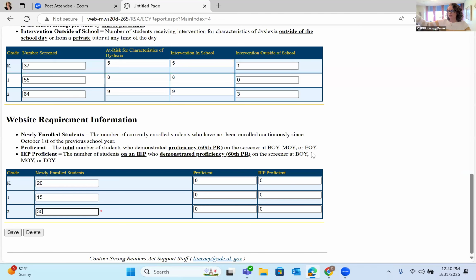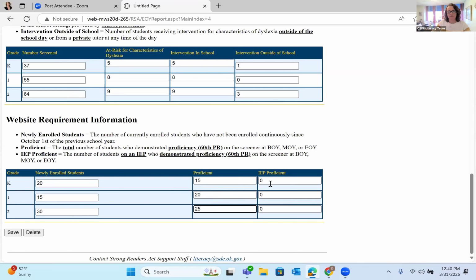Okay, so let's put in some numbers. Another thing I want to point out on this first column is that we're considering all students who were scoring at the 60th, regardless of IEP status, because we're going to get into that in the next column. But on this one, it doesn't matter their IEP status. If it is a student who demonstrated 60th percentile proficiency at BOY, MOY, or EOY, we're going to count them right here. So I'm going to say they had 15 kindergartners,